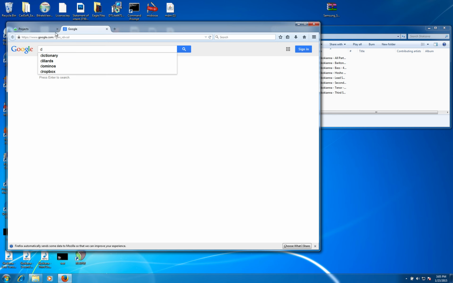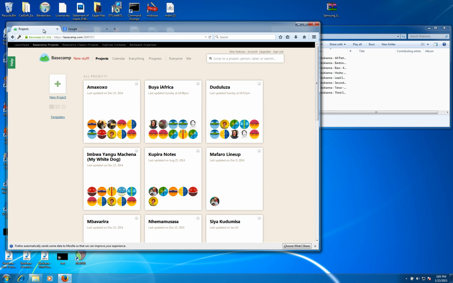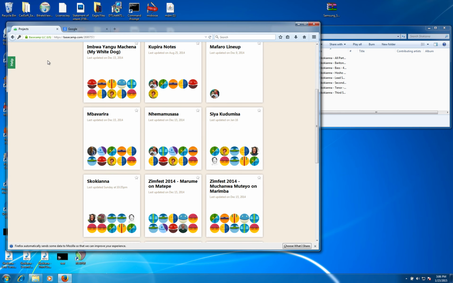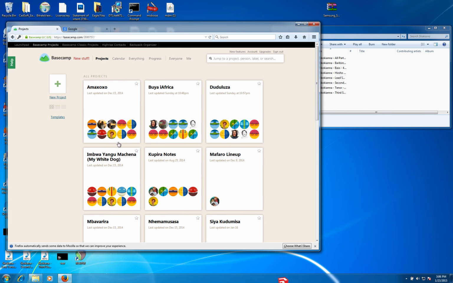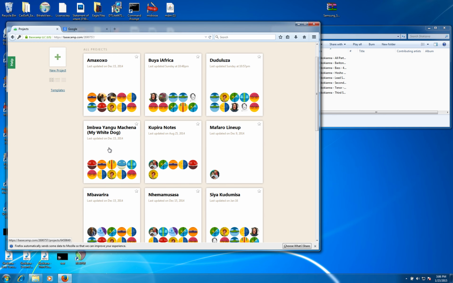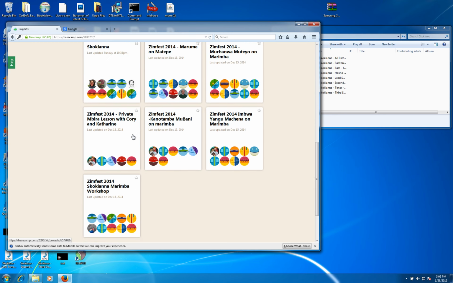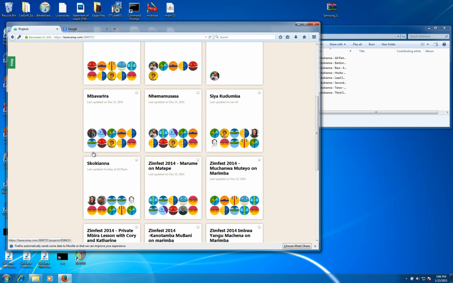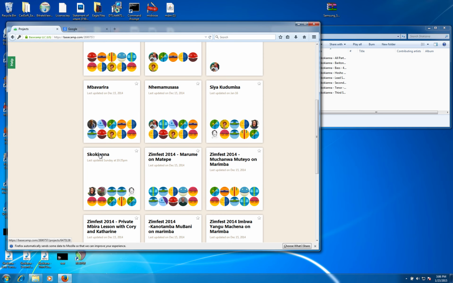So on your PC, what we're going to do is you log in to Basecamp, and your Basecamp might not look like mine, but basically you just make sure projects is selected there, and then whatever project you have access to will be one of these boxes. So we're going to do Skokiana here because everybody should have access to that. So you scroll to Skokiana and you click on it,